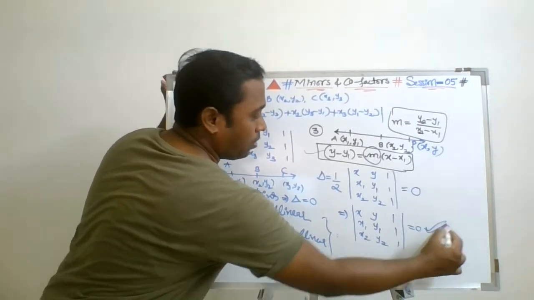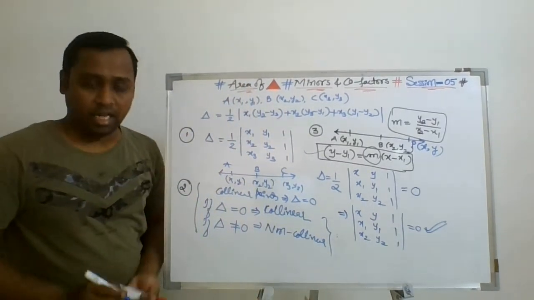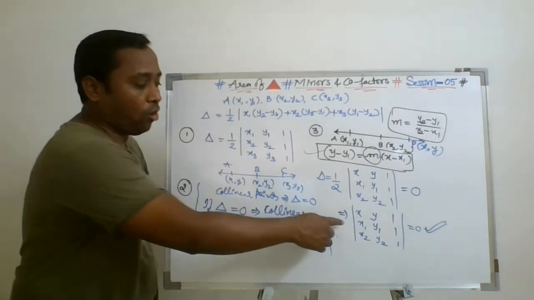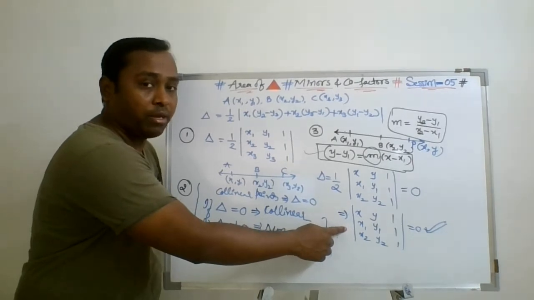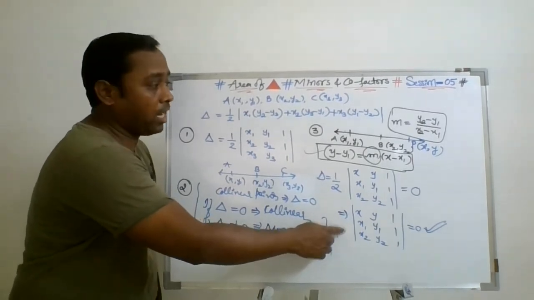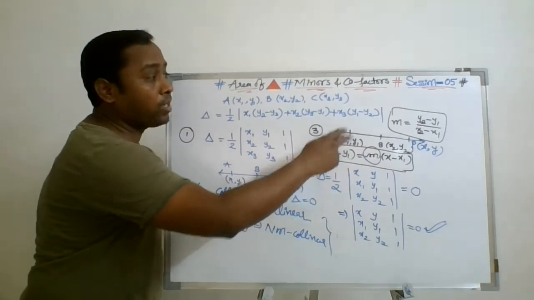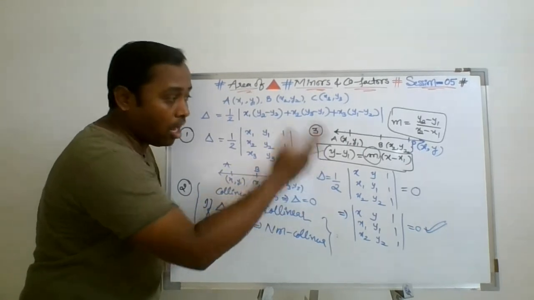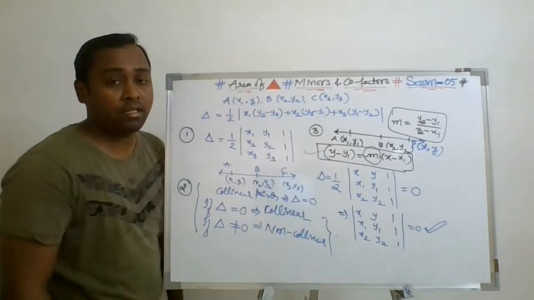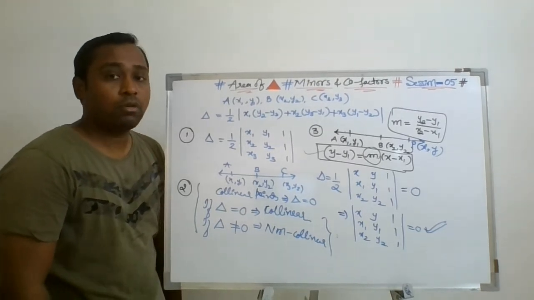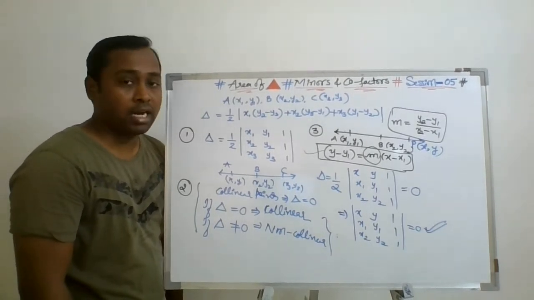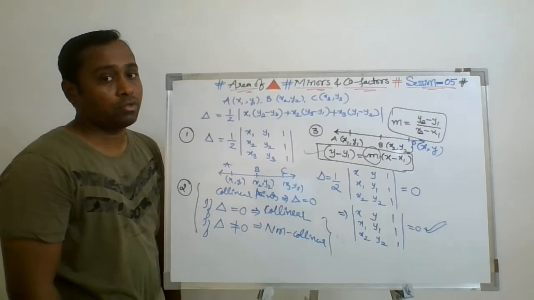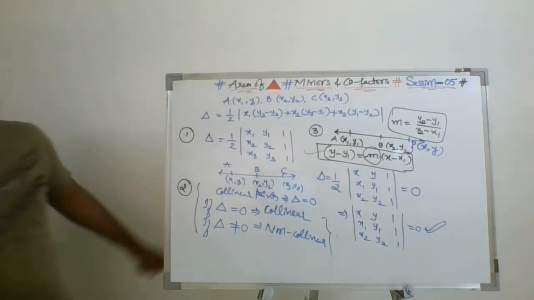So this will give the equation of the straight line passing through two given points. I repeat, this formula or this determinant can be used to find the equation of the straight line passing through given 2 points. No need to calculate the slope, no need to remember the formula to find the equation of the straight line. Here we can use this determinant of 3 by 3 order to find the equation of the line. Now, to understand, I am taking one question. How can we find the equation of a line which is passing through given 2 points?